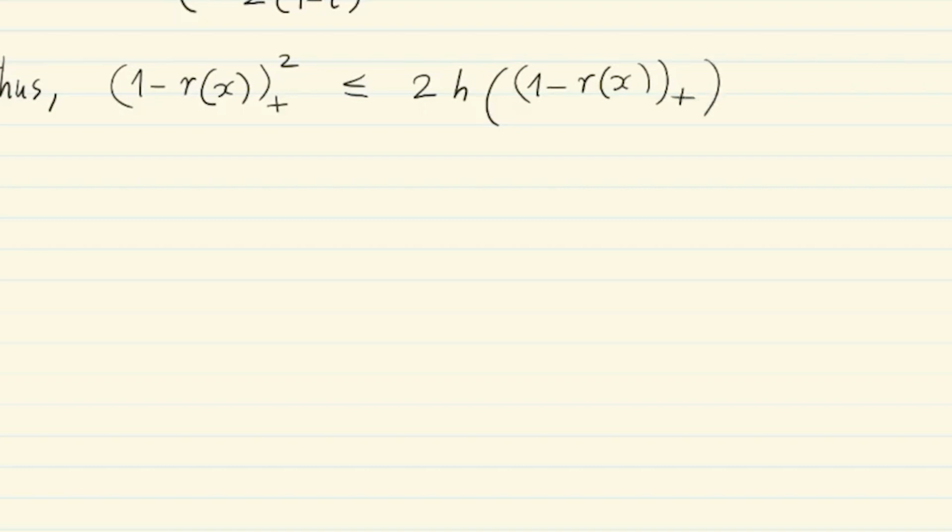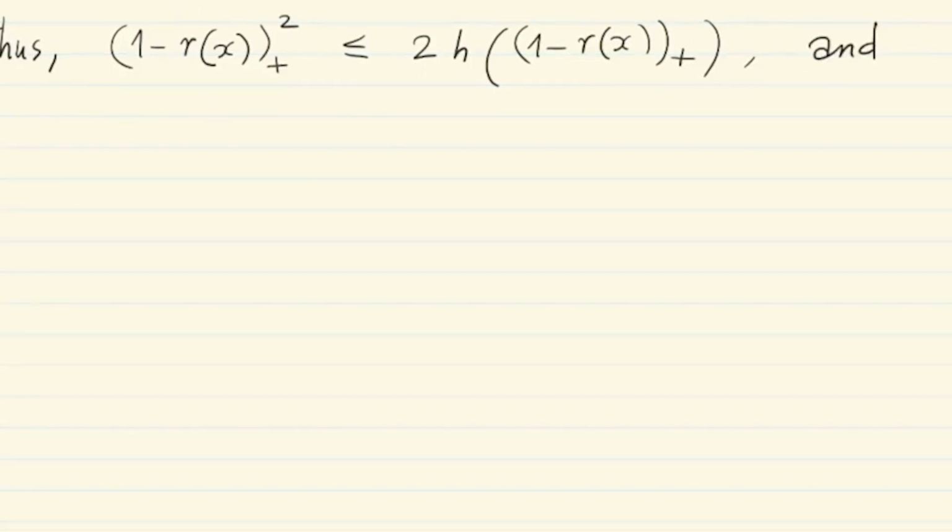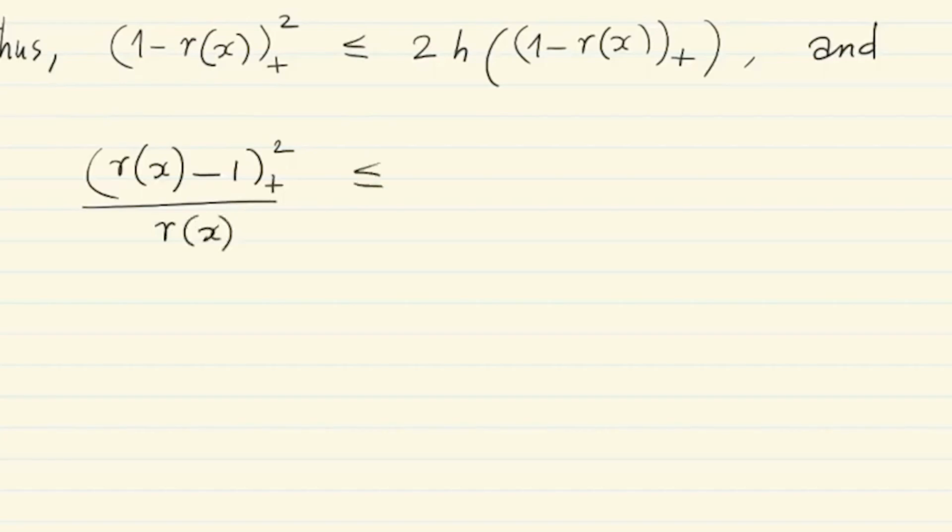Note that (1 minus r(x))_+ is always bounded between 0 and 1, and on the other hand we have (r(x) minus 1)_+ squared by r(x) is at most twice h of the negative of (r(x) minus 1)_+,